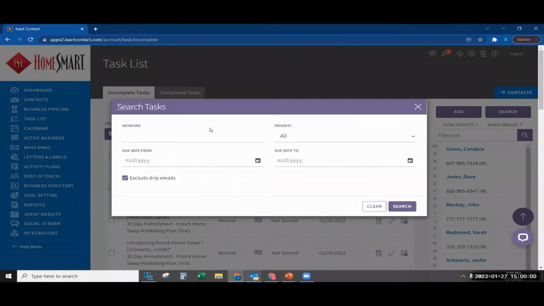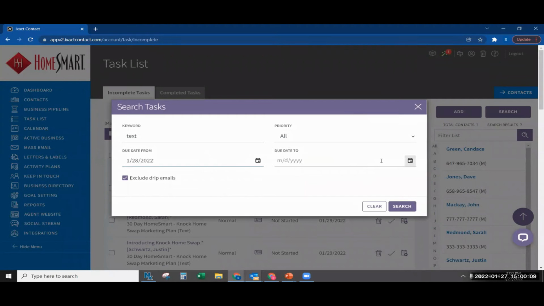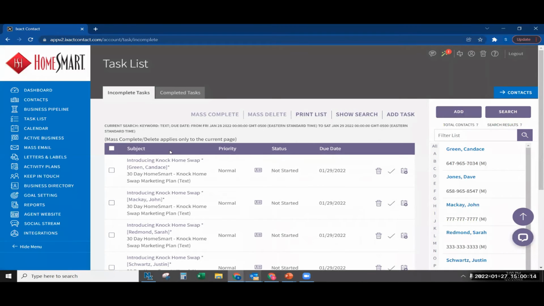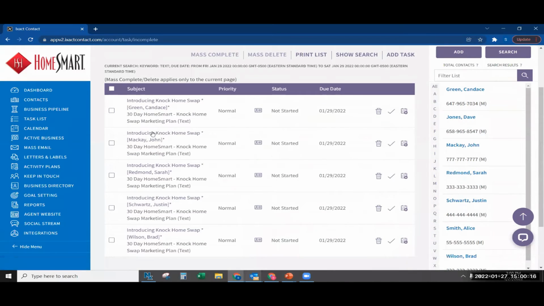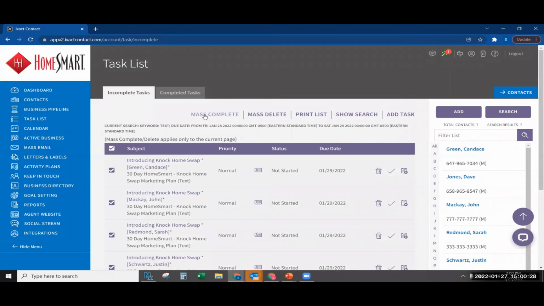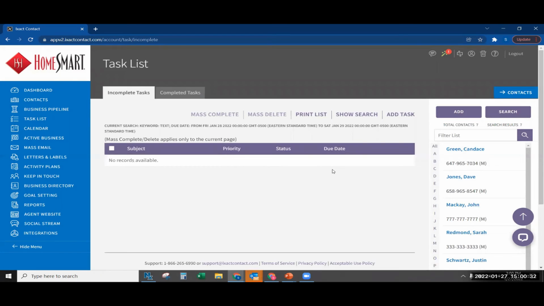I'm going to click Show Search. I'm going to type the word text and use the date range to filter the date for when this text message was to be sent. This will show me all of the tasks for the text message due on this particular day. Just like in list view, when I check the checkbox at the top here, it will select all of the tasks within the list. I can then click Mass Complete, and this will complete the task on each of the